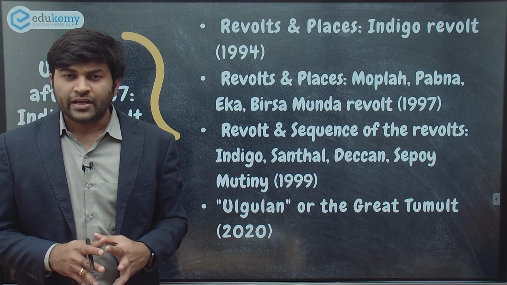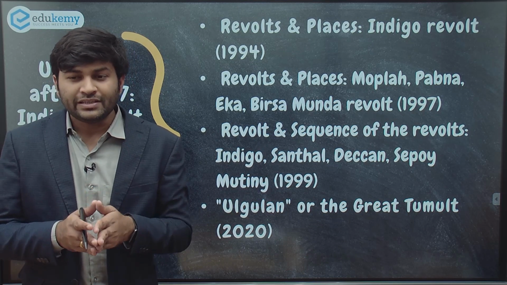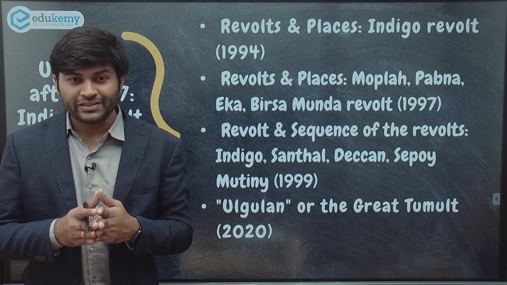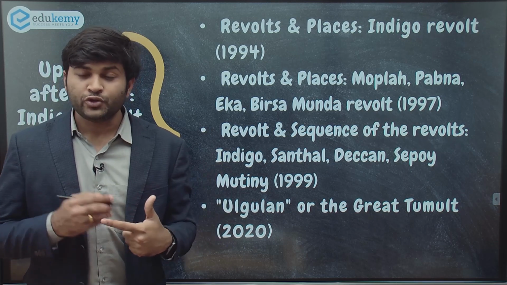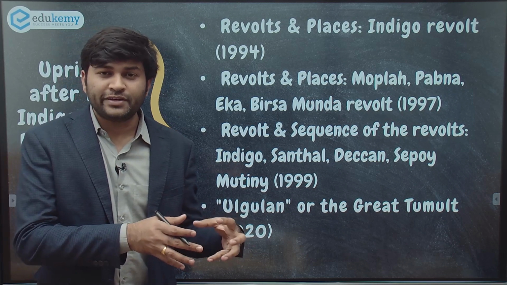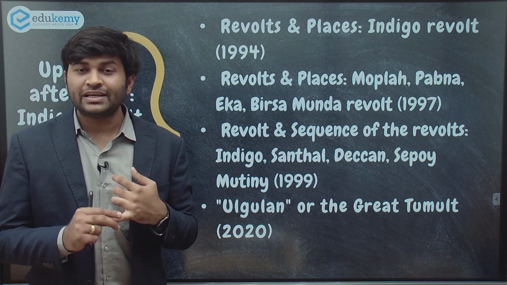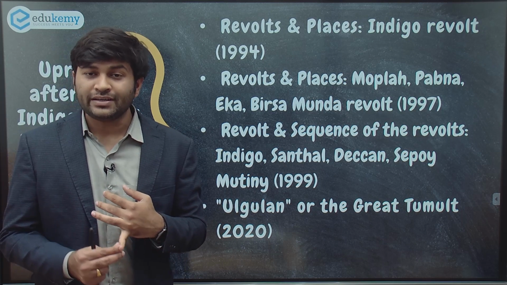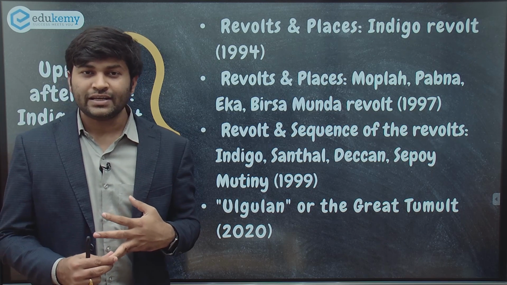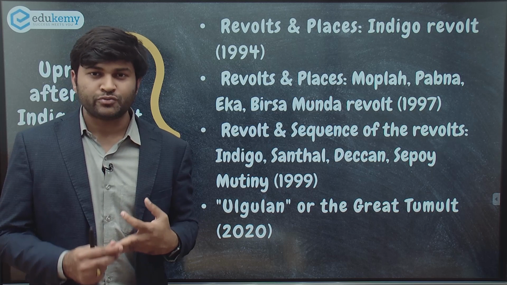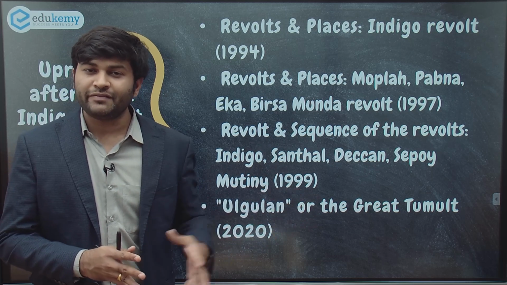So you see there are n number of uprisings or revolts, but how do we strategize our learning, or how do we strategize our preparation? It is through the analysis of the themes. We do not need to go into so much depth with respect to this movement, but we have to consider certain dimensions which are important, such as the places that are associated, persons that are associated, the significant impact of this movement. Also, not every movement is considered if you consider the previous years' questions.